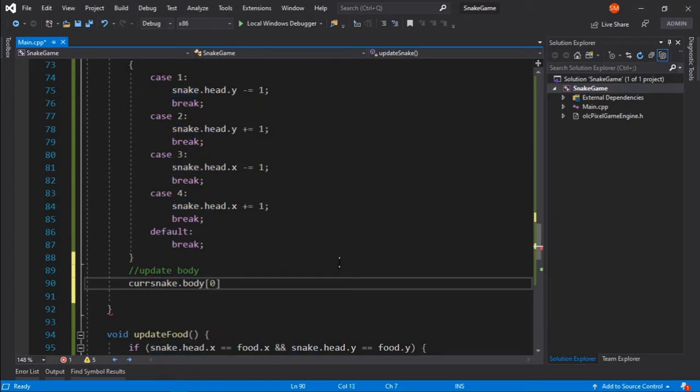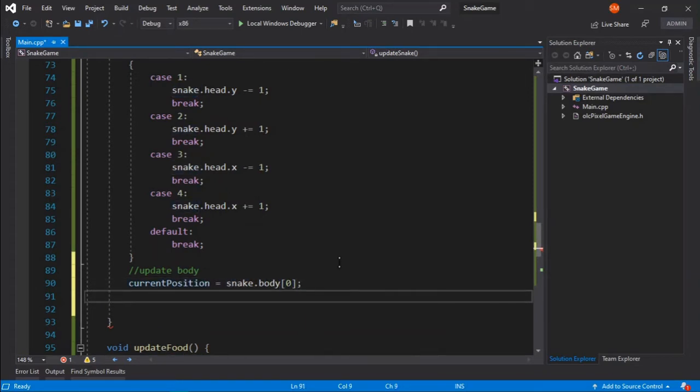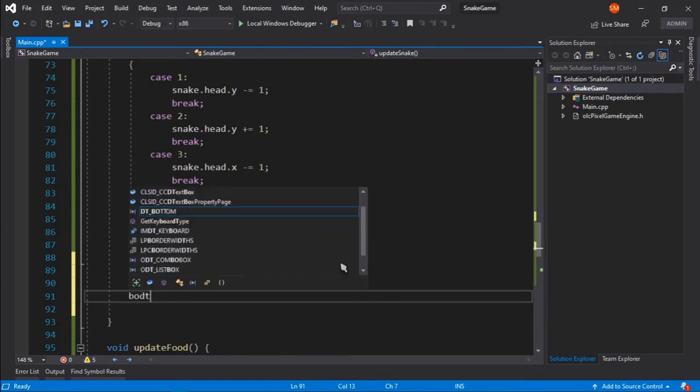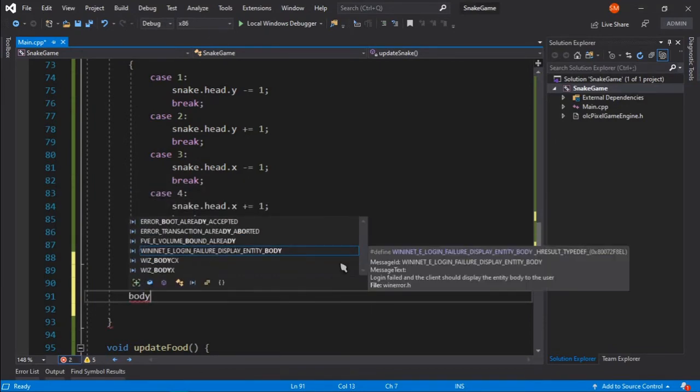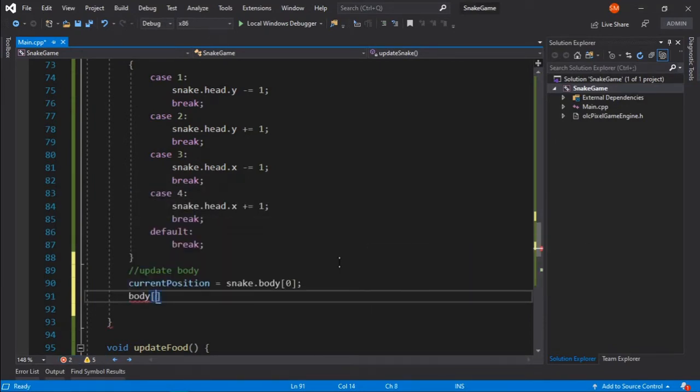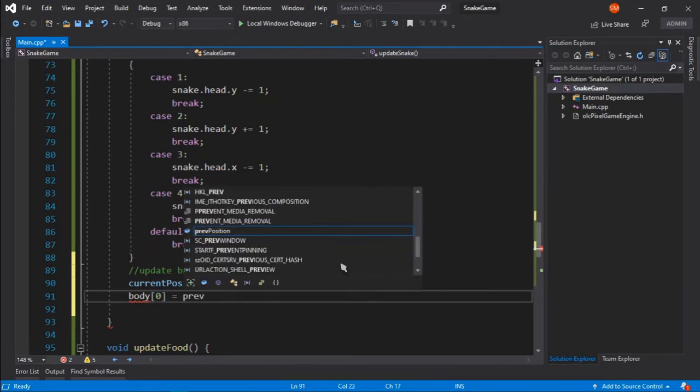So current position will be the current position of the body piece, and then I will update the body piece's position. So body 0 will have the previous position of the head.